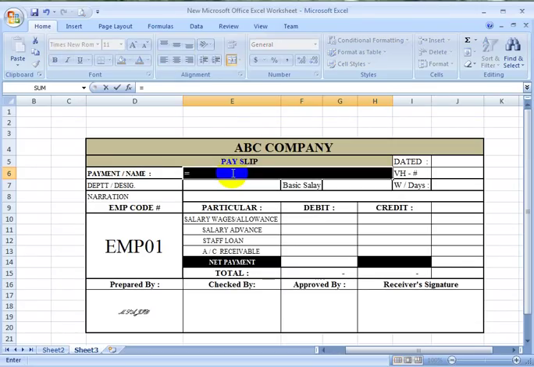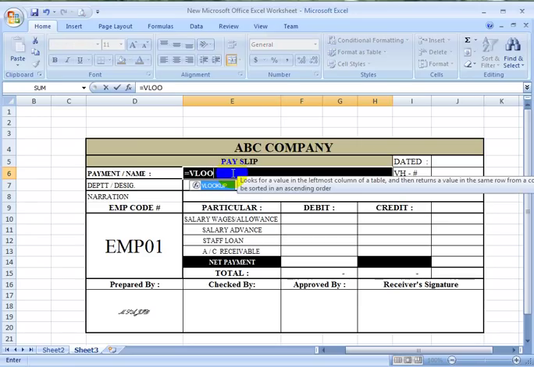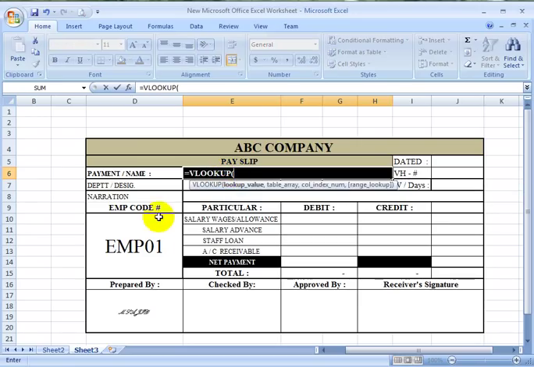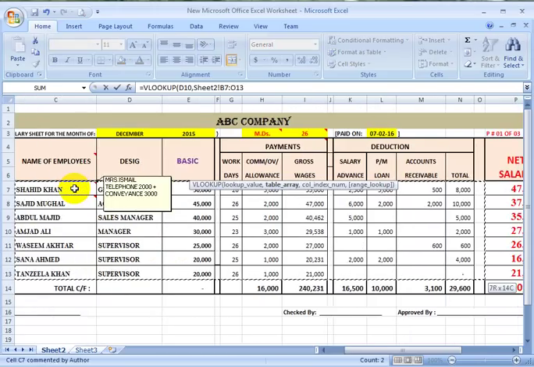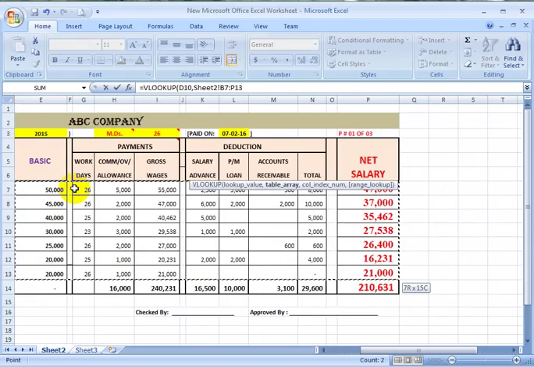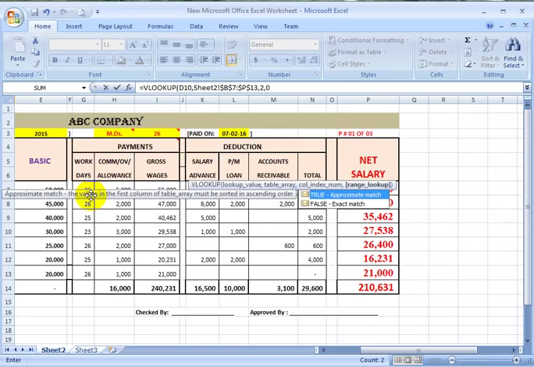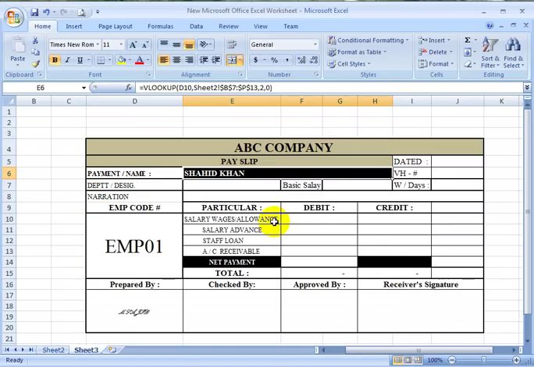Employee name is equal to VLOOKUP on the basis of employee code and table employee. Select all and fix this by pressing F4. Then name is on column number 2 and then 0. That's great.